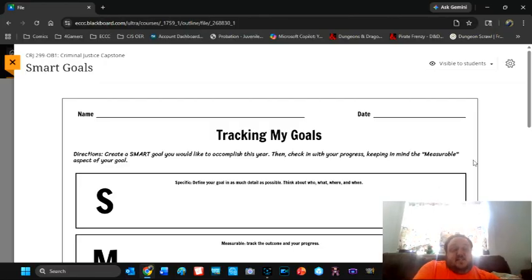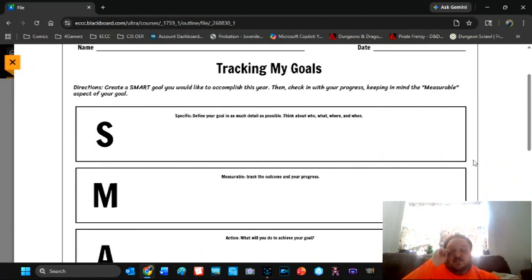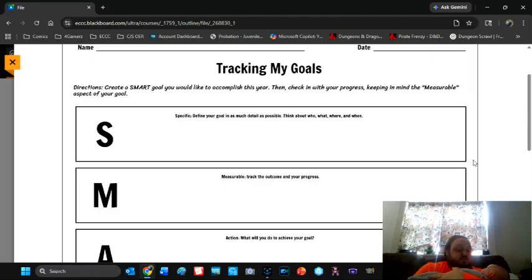So this worksheet is the SMART Goals worksheet. This is one of those things, like I said, that I've used before in FYE. I've seen it in education courses, in my intro to graduate program, in my intro to graduate studies English course. So this is a fairly normal thing. The whole point is to figure out what is the best way to set a realistic goal. And so they come up with the acronym SMART.